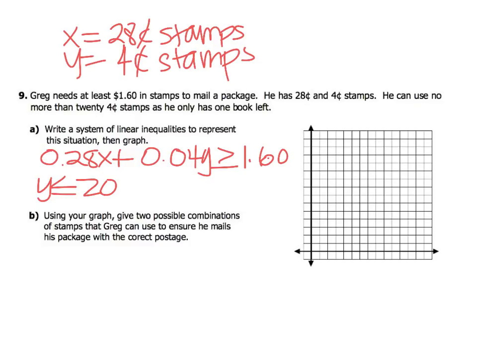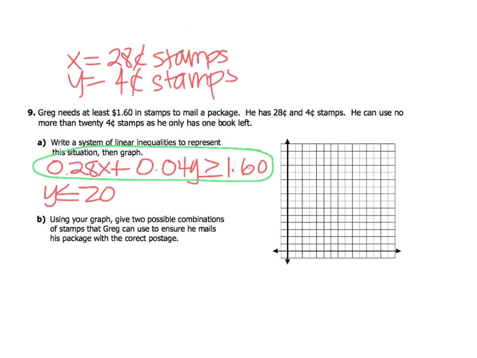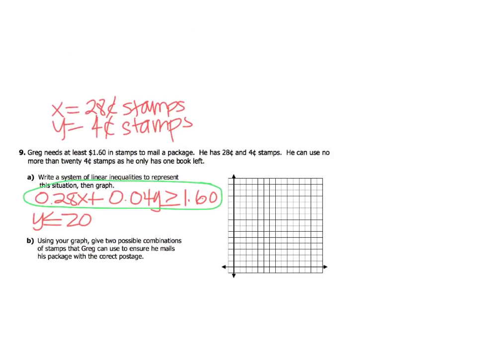All right, now we want to graph these. Now before we can graph this one, we need to convert it to slope-intercept form, because we can't graph it if it's in standard form like this. So I'm going to zoom out a little bit and give us the opportunity to go up here. Hopefully you have more space on your paper, and we're going to convert this. So the first thing we would do is subtract 0.28x from both sides. So we would end up with